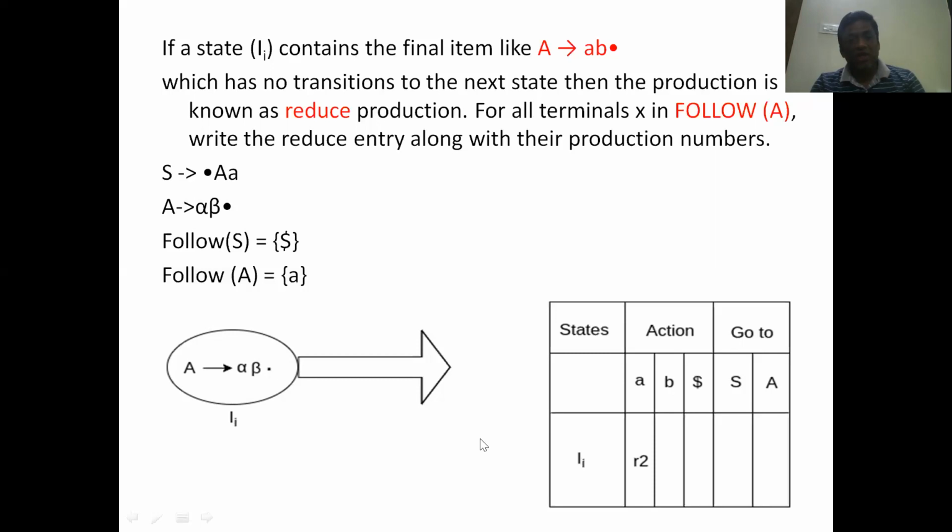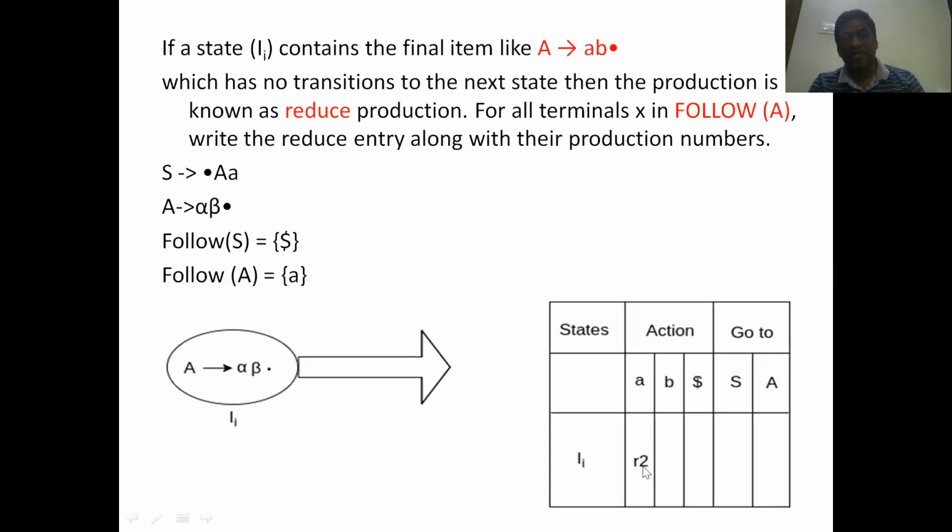In the row Ii, see the follow set of capital A. So the LHS variable's follow set you need to see. What is the follow set of capital A here? Therefore, you need to write, with the column A, reduce to R2.